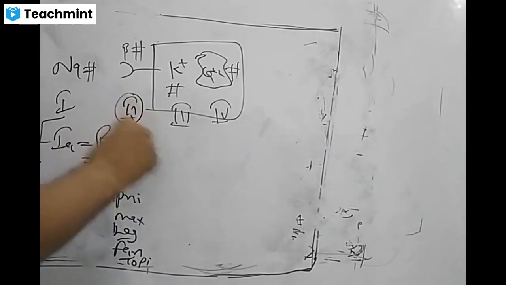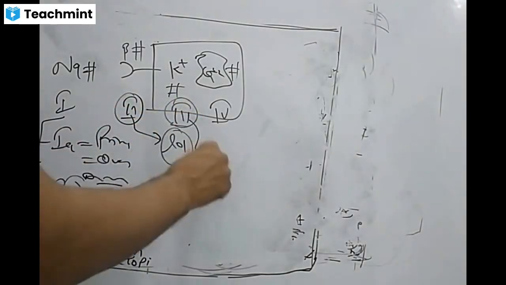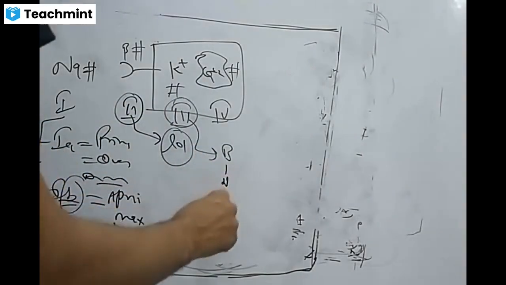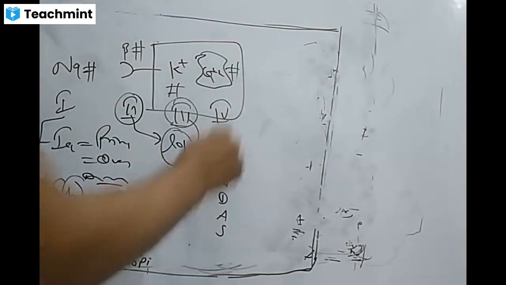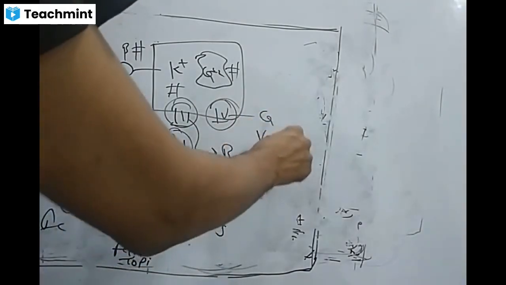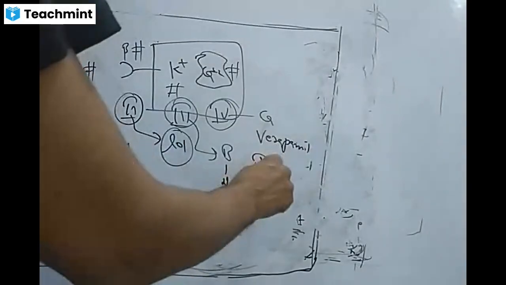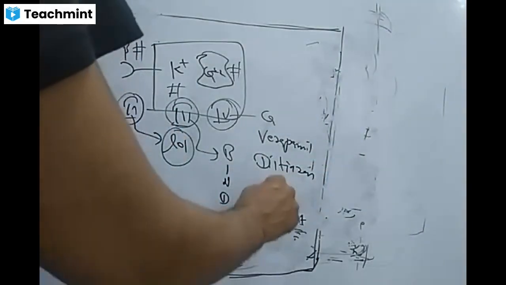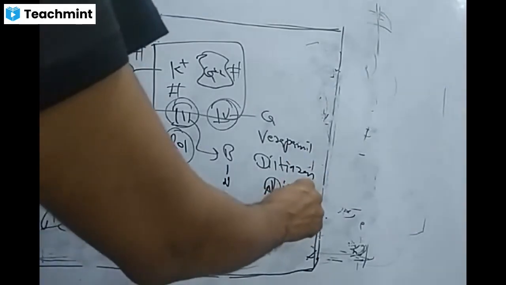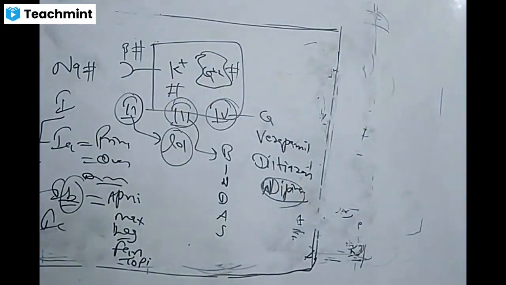Then class 2 are beta blockers, metoprolol, atenolol. Class 3 are your Bindas drugs. And class 4 are your calcium channel blockers, verapamil, and last is your dipines, amlodipine. So this was about the antiarrhythmic